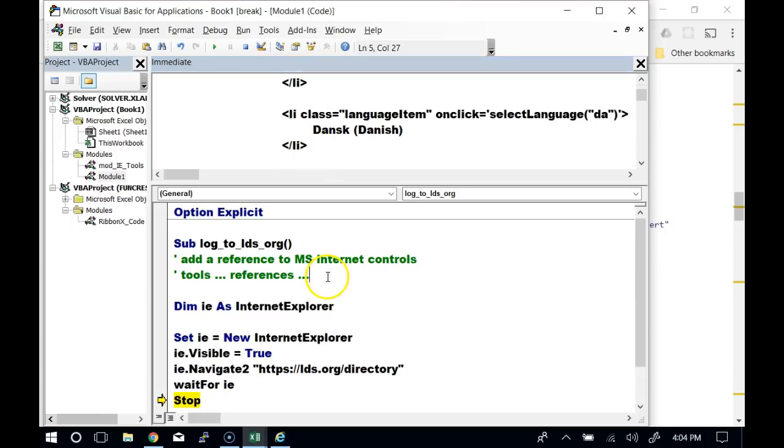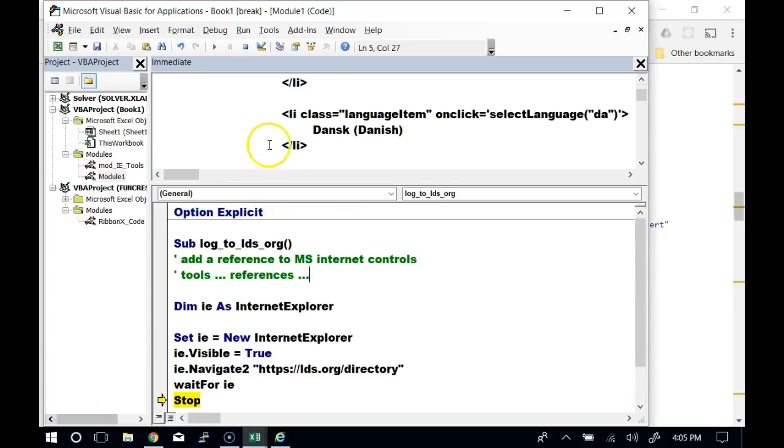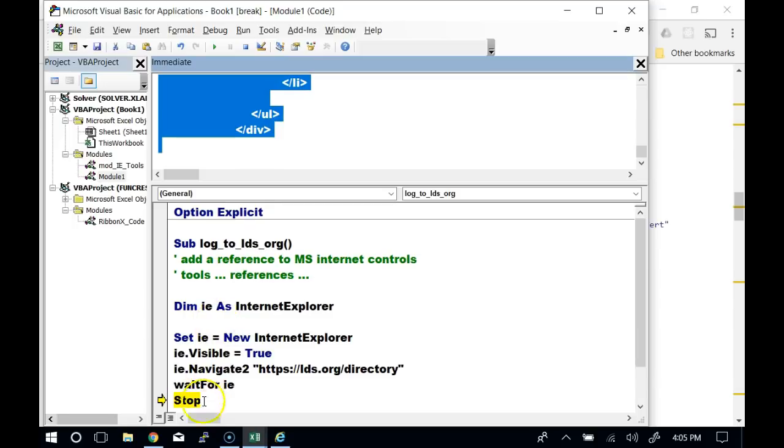Okay, so first, let's make sure that you've run. So you have your Internet Explorer connected up. So you're at a breakpoint down here. It's yellow. Yep. And it's a runtime error. The remote serving machine does not exist or is unavailable. Okay, so first question is